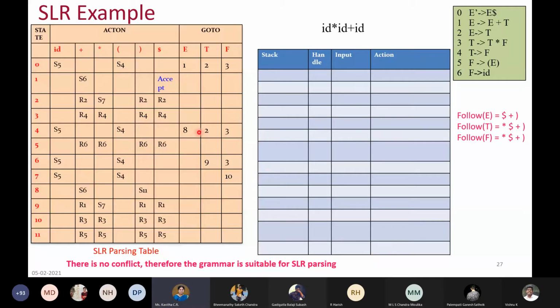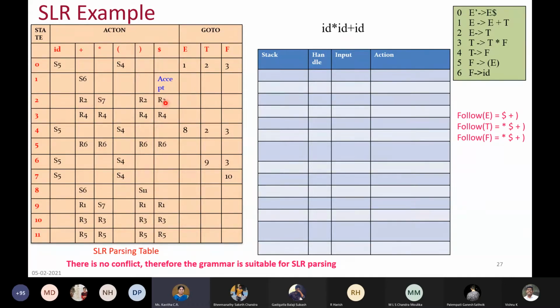Okay, now we will proceed with the construction of the parsing table for this. So state 0 will not change because it doesn't have any reduce action. And state number 1 also there is no change. It is just like LR(0) only, because I don't have any reduce action over here. But coming to state number 2, that's why I told you in the beginning to observe that. If you go back to your LR(0) parsing table, you would notice that for all the terminal symbols we would have applied what?